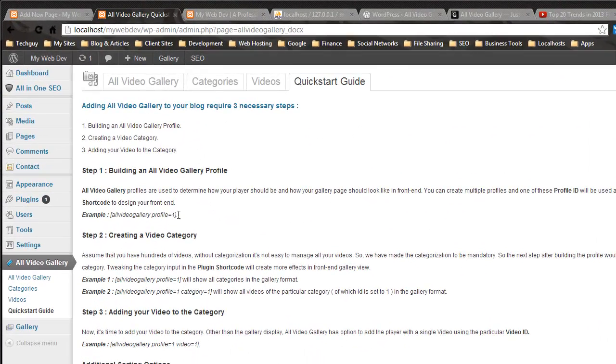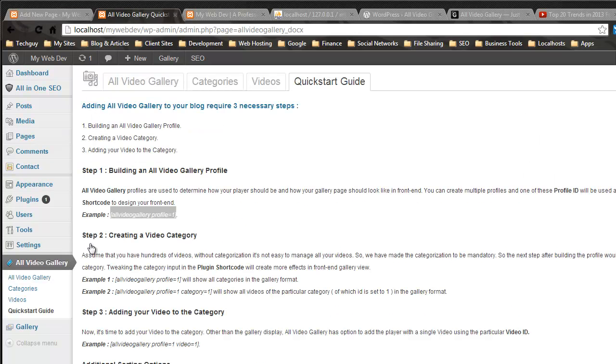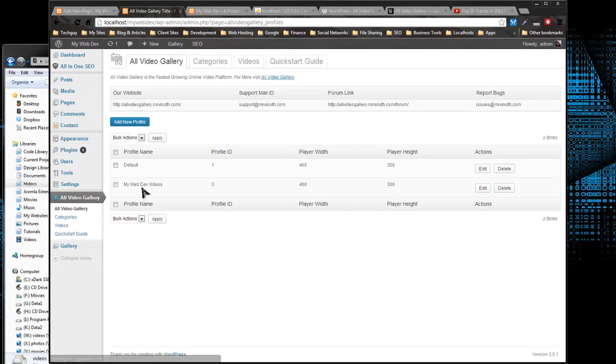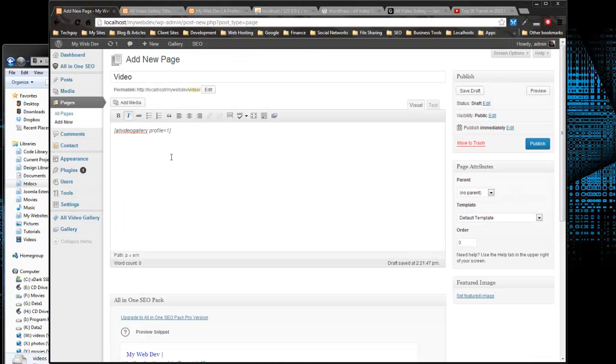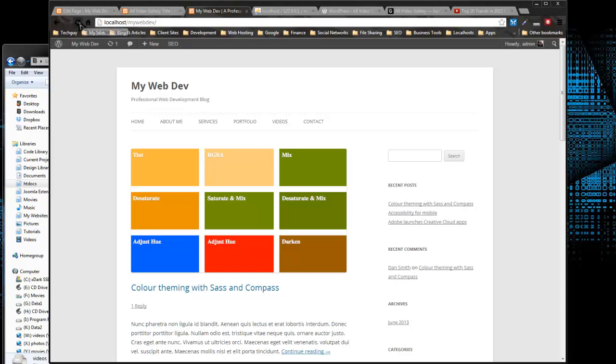So I'm going to grab the first one here, copy that, and then paste it in, and we need to check the profile ID. If we go back to All Video Gallery, we can see our My Web Dev videos have an ID of 3, so we need to change this 1 to a 3, and we should be able to see the videos in the categories in the front end now. If we go back and reload this,